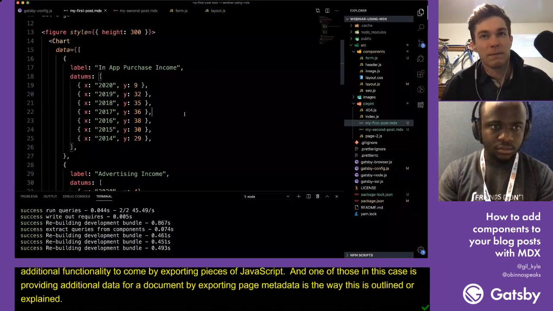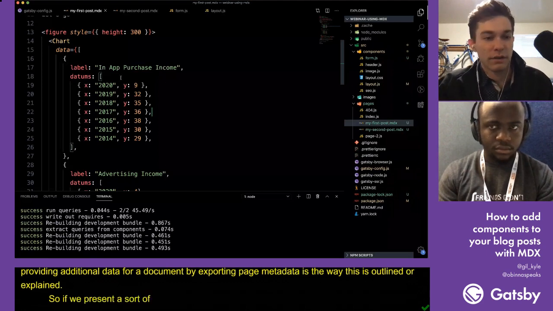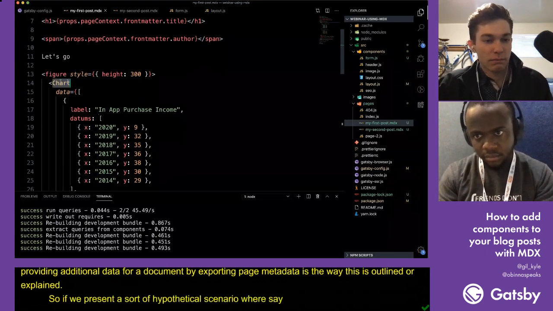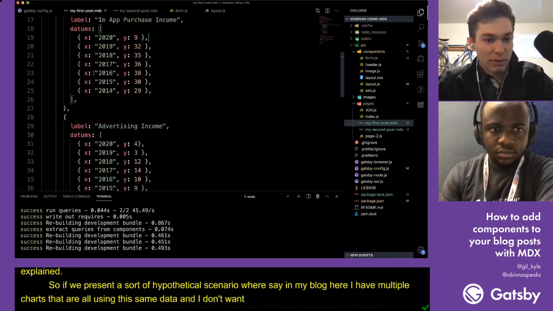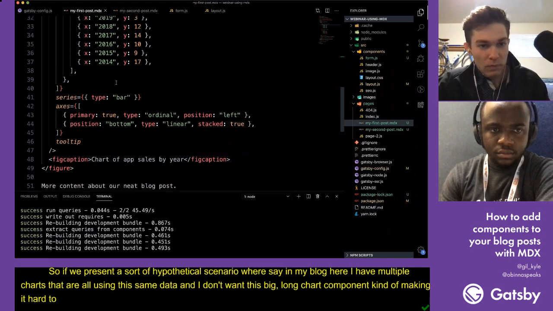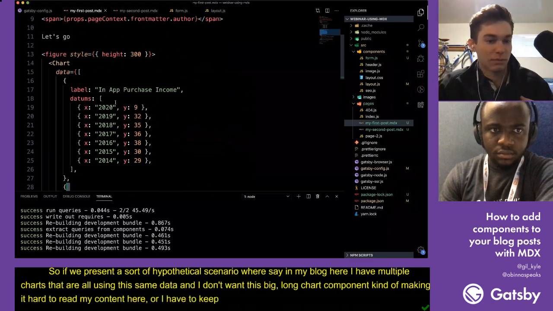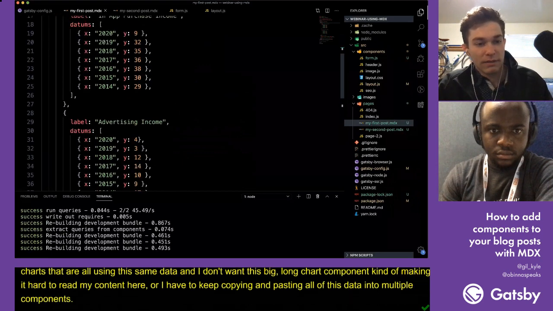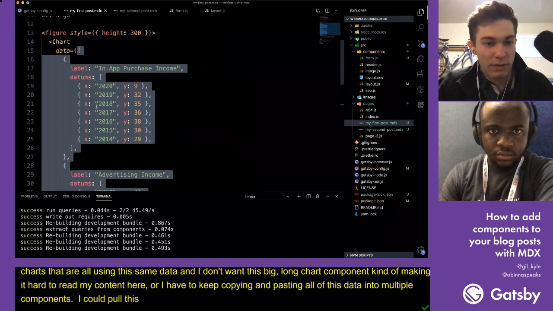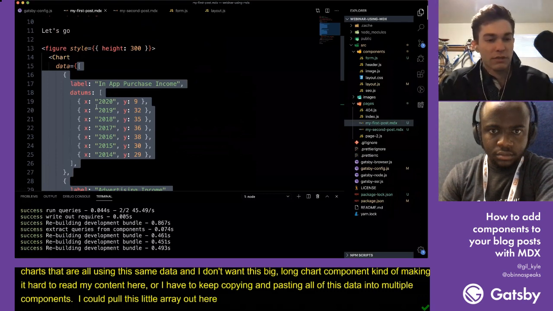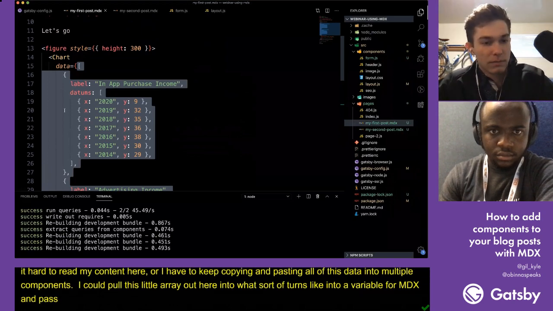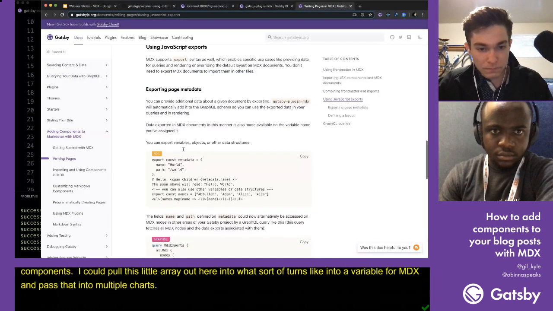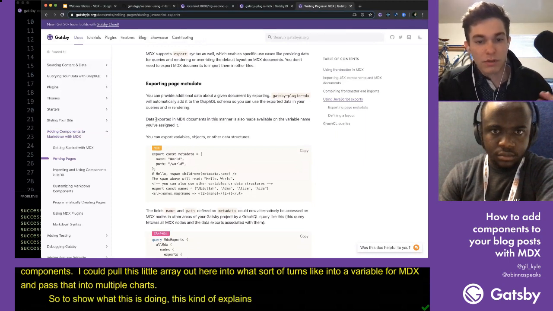So if we present a hypothetical scenario where, say in my blog here, I have multiple charts that are all using this same data, and I don't want this big long chart component making it hard to read my content here, or I have to keep copying and pasting all this data into multiple components. I could pull this little array out here into what turns into a variable for MDX and pass that into multiple charts. So to show what this is doing, this explains that data exported from MDX documents can